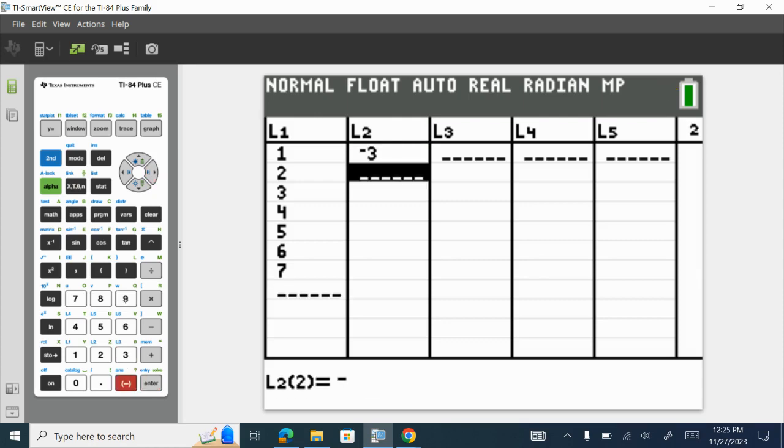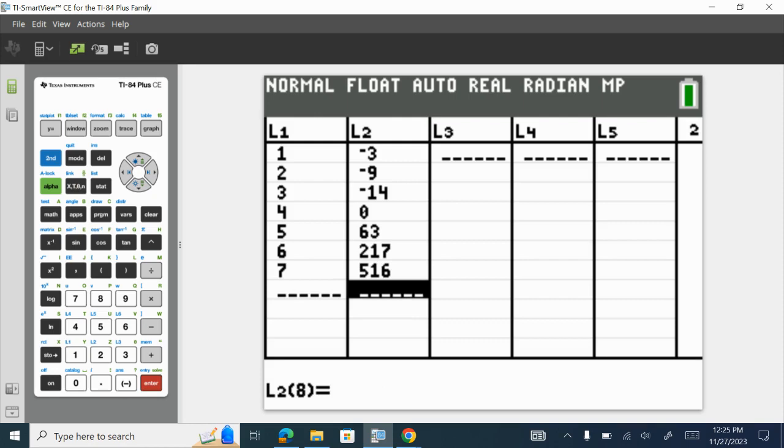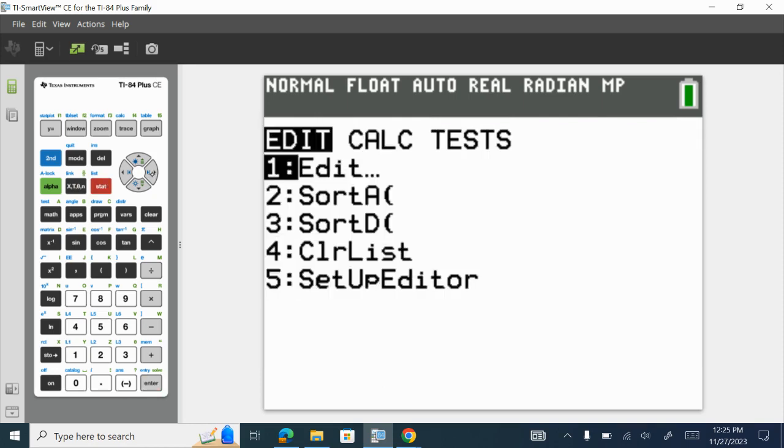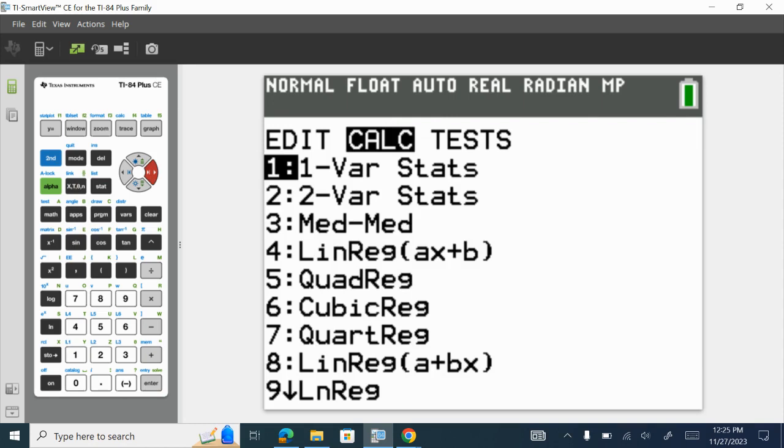-3, -9, -14. Yep. 0, 63, 217, 516. Yep. Once your data is in, you push stat again, go back over to calculate, and then we said